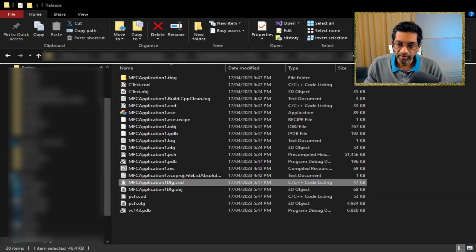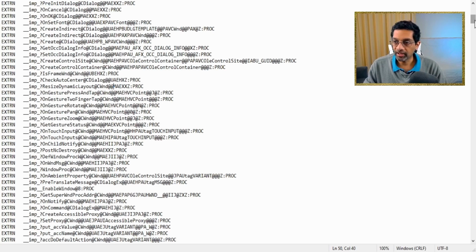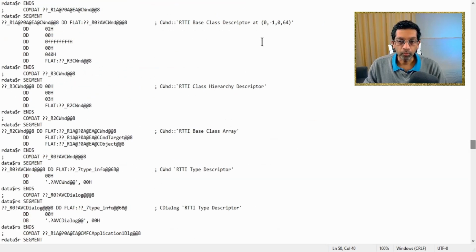Let me just open the COD file for this file which we are viewing. The file will contain the assembler listings in this format. The assembler listings file is made up of many sections. There's a header over here, there are function descriptions over here, and there is assembler at the bottom. We don't need to care too much about the sections because we're just going to search for the relevant lines